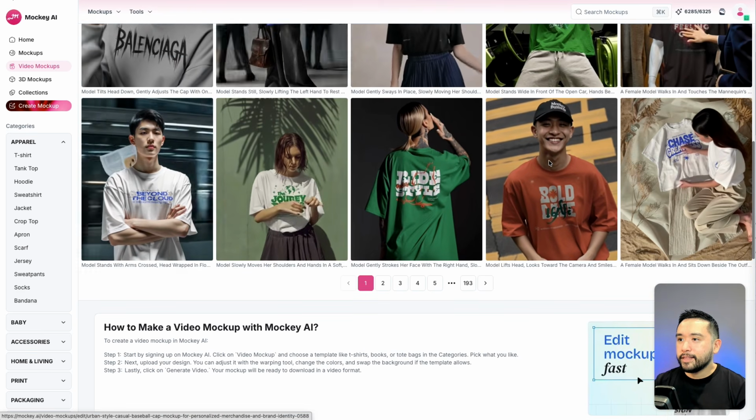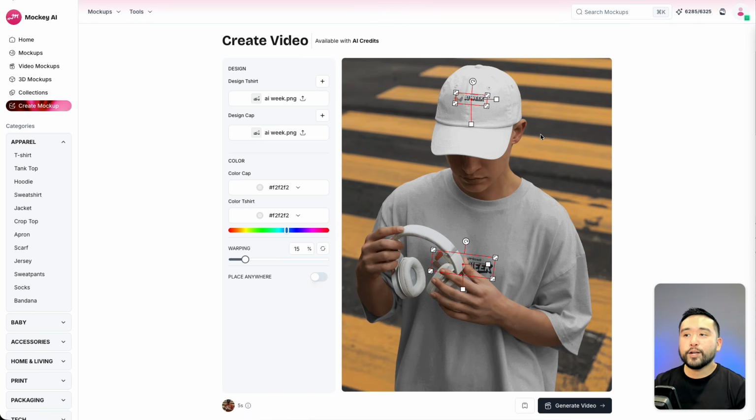I kind of like this mockup here. Okay, cool. I do like how they keep the logo, so we don't need to re-upload it again. So now from here, we could basically just move it however we want to. So that's the logo for the hat. And also there's an option to place the logo on the t-shirt as well. Now, as you see at the bottom here, this video will be 5 seconds, and let's generate it and see